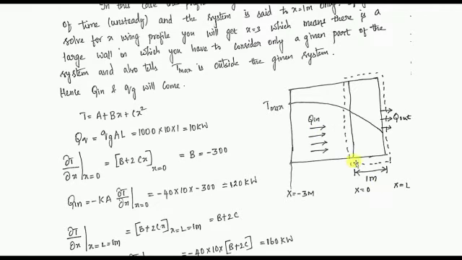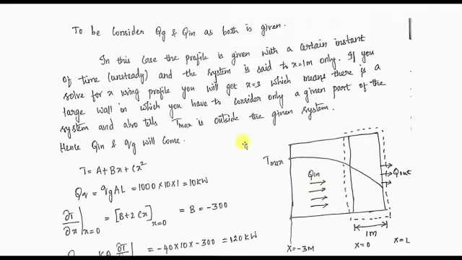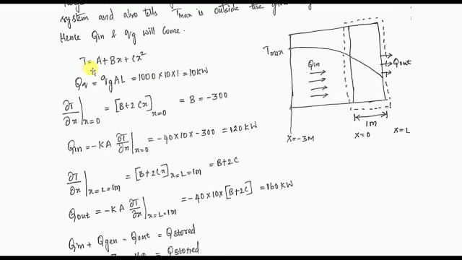Now you have to consider this as x equal to 0, and Q out is going. You need not worry about Q out. First you have to find Q in and Q stored. Before that, you need to know it is an instant, it is unsteady. First you have to be clear on steady or unsteady. The temperature profile is given, you already know. This formula you very well know, because small qg equals capital Qg divided by volume. Volume is area into length. Qg is given, area is known, length is known, everything is substituted and we got qg.